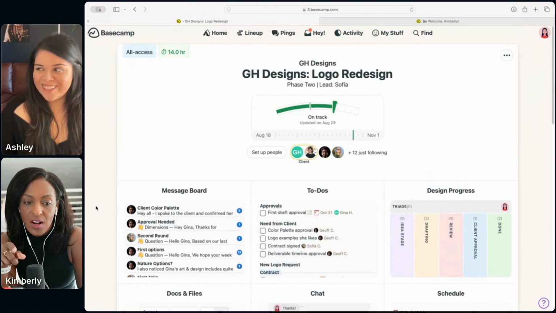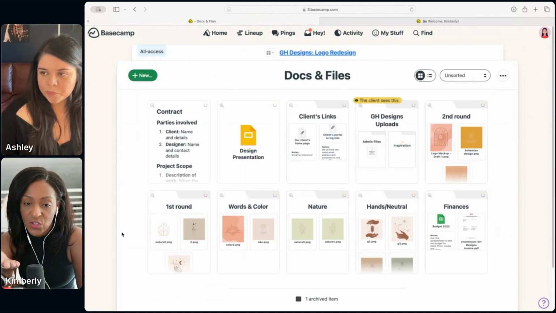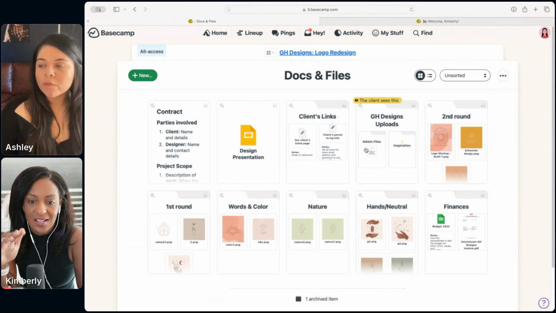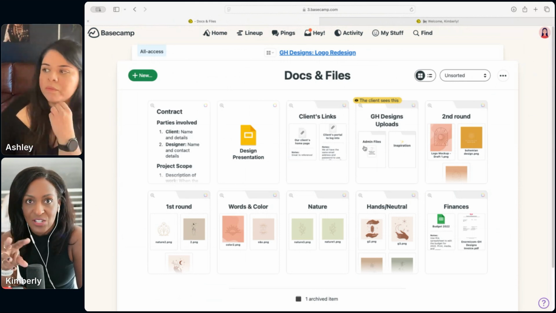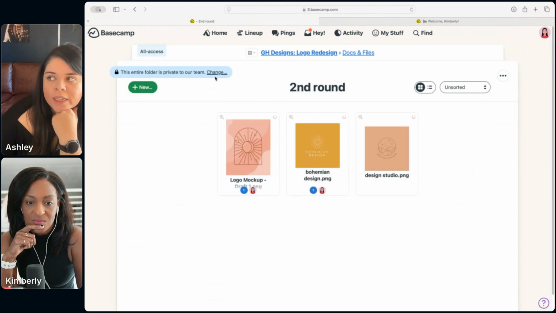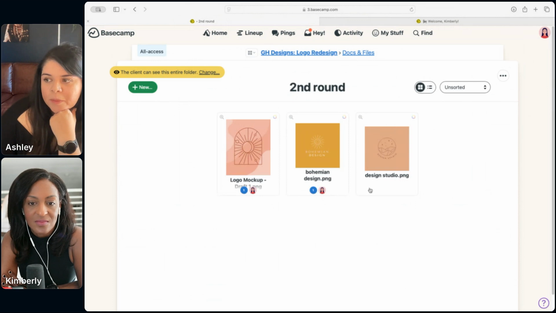And also, will you go to docs and files and show commenting on docs and files? If you can see her folder, she only has 1 item that the client can see. Everything else is internal. So it is internal design process. Anyone on this internal company can see it. The client can only see the one that has been approved for them to see. Definitely. So if I click on this one and I want the client to be able to see this, I can do that. And then maybe I want to say,